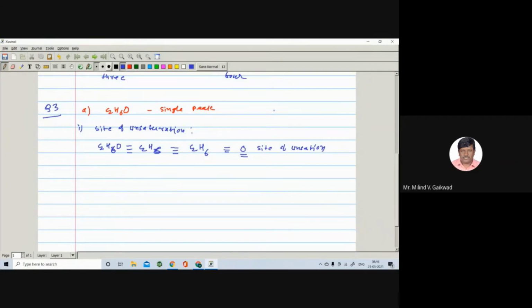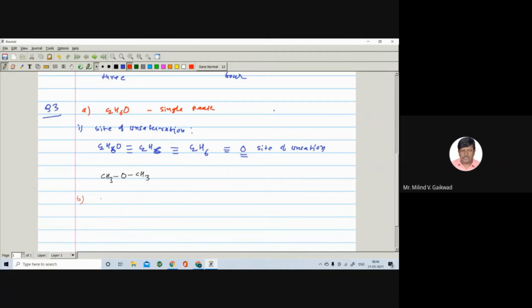So what is the possibility here? You are having one signal, means you have to write the compound in such a way that all the protons are equivalent. So from the above data we can say the possible structure of the given compound is CH3, here is an O, and here is a CH3. There are 2 carbons and there are 6 hydrogens and 1 oxygen, means it does not have a site of unsaturation. Okay, so in this way you have to go by the trial and error method, and it requires some practice. You should know also the concept of isomerism and the structures also.